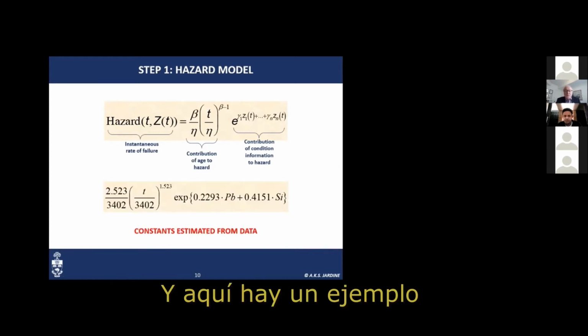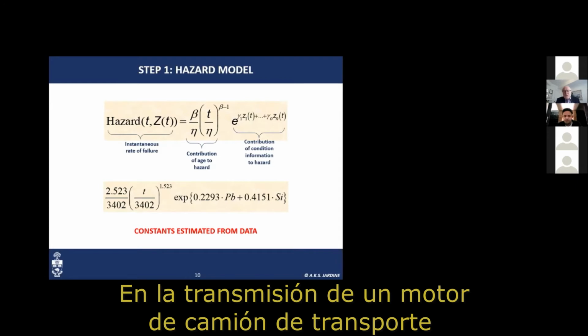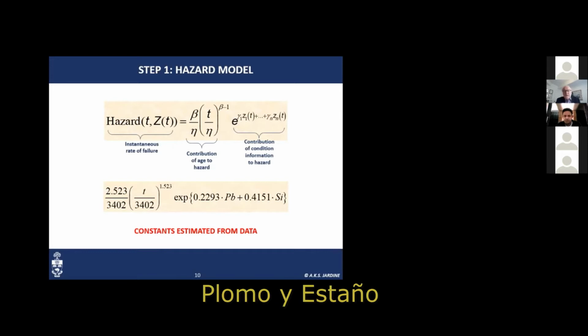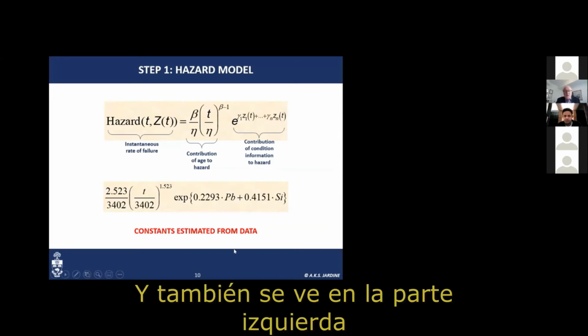And here's an example of a hazard equation dealing with oil sampling on a transmission on a haul truck engine. So what you see on the right-hand side is the symbols for lead and silicon. So in this example, the key risk factors were lead and silicon. And also you see on the left-hand side,